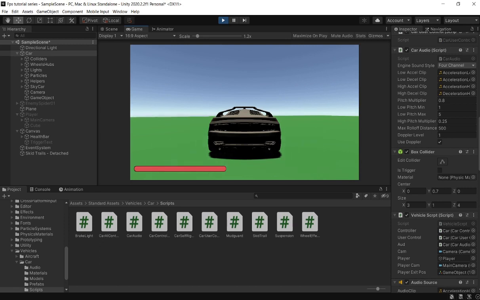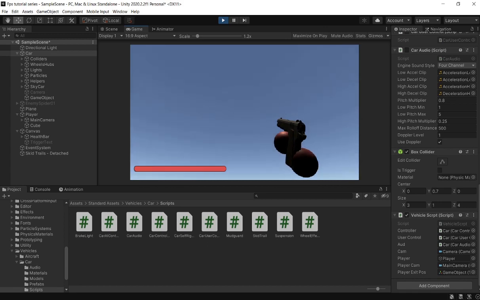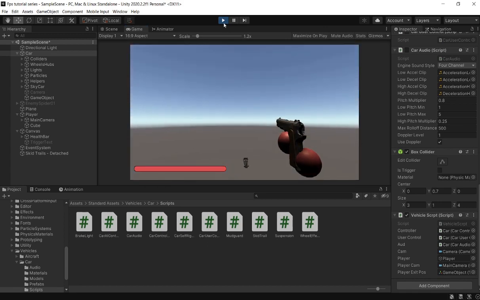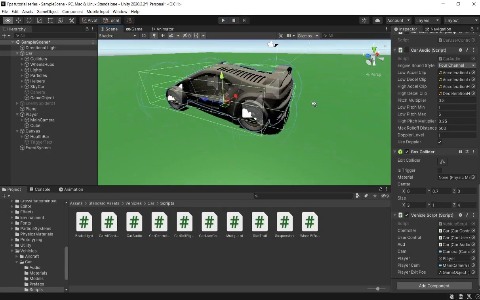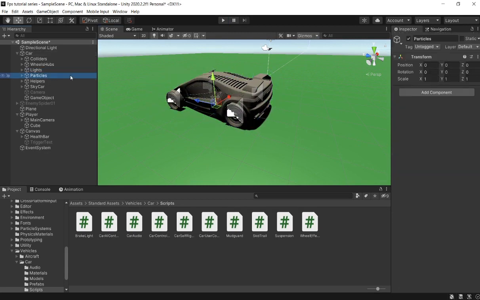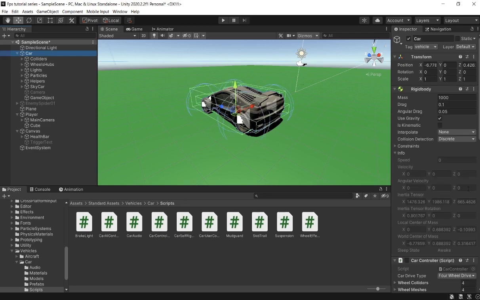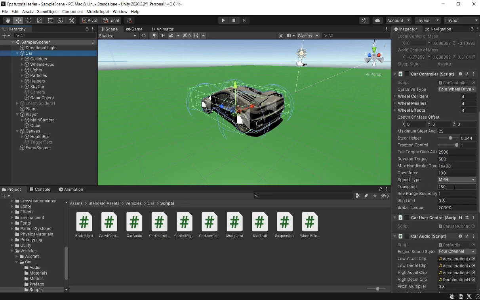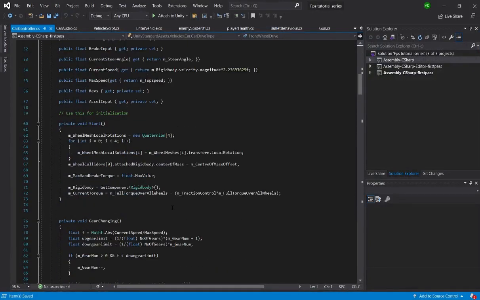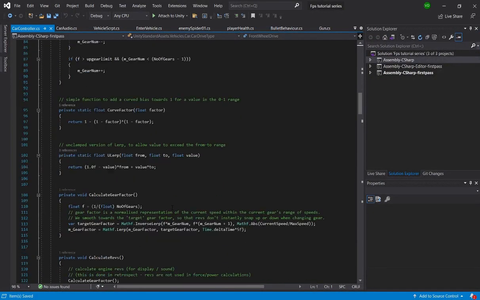I'm going to drive off the map, and if I exit, I'm also off the map. So that's great. The only problem now I see is that the particles still appear. So let's actually look at the particle script. There must be a script that controls the particles. Yep, the car controller. And if we look for the particles,